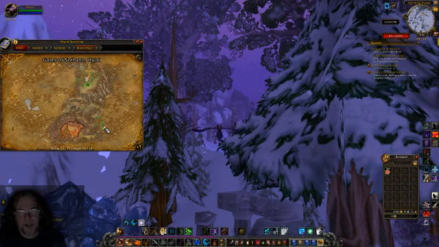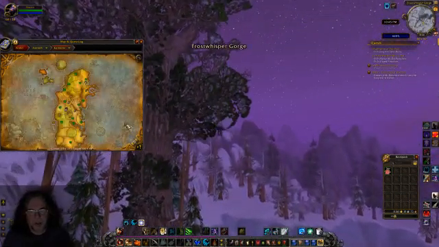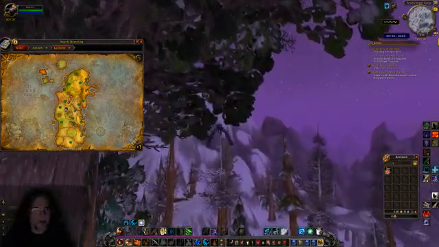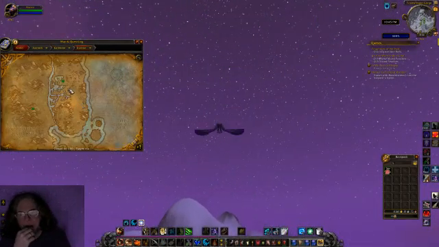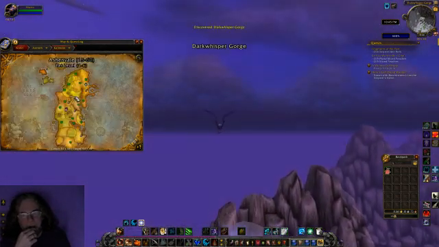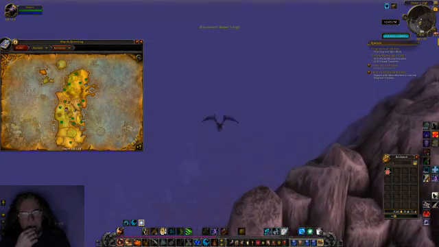yeah, the trouble with Hyjal is I'm not sure if any of these flight points are going to be good in Hyjal, except for maybe that one. So I'm not going to worry about Hyjal until it starts sending me there for archaeology. So I'm just going to go directly to that dig site in Ashara. I don't believe we have anything ever in Durotar. And I don't think there's ever any archaeology in